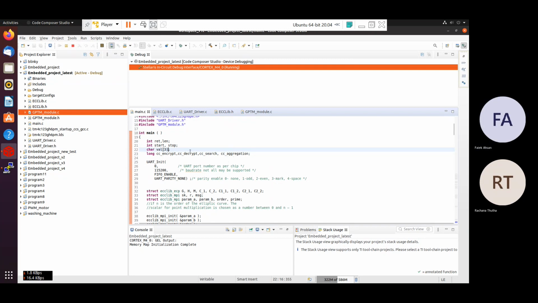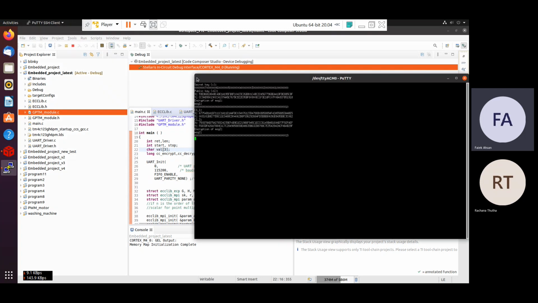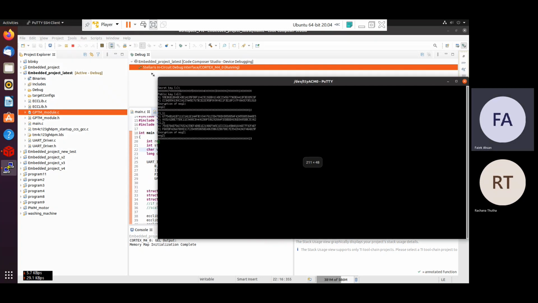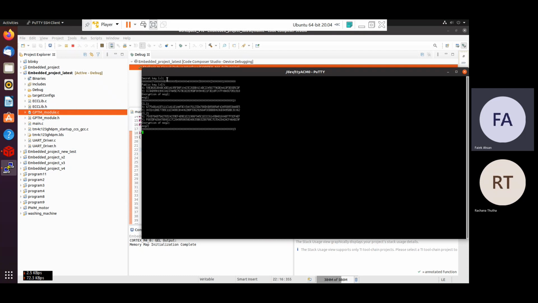Then at the base station for the decryption, we are measuring the time, that is CC decrypt. Then the searching time we are finding, that is from the MG, how much time it takes to get back the M using the linear search. So let's see how much PuTTY goes. Yeah. So here, this is the secret key we have used, that is the